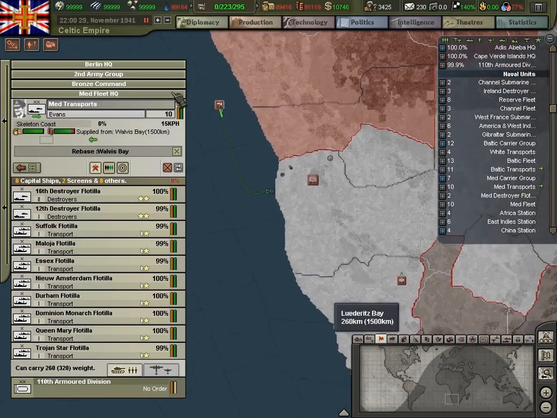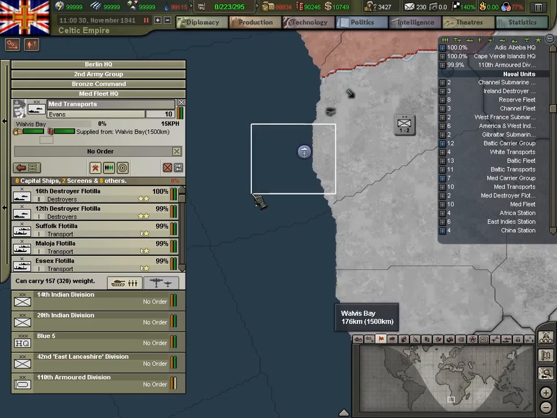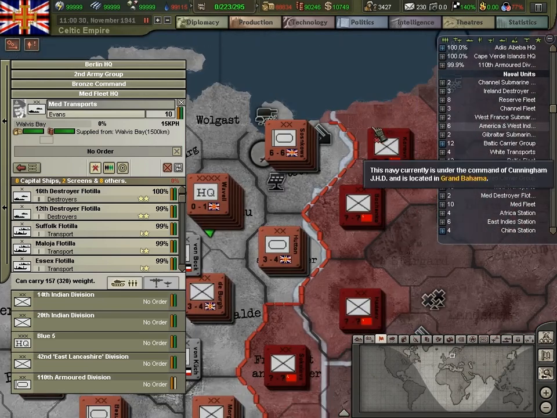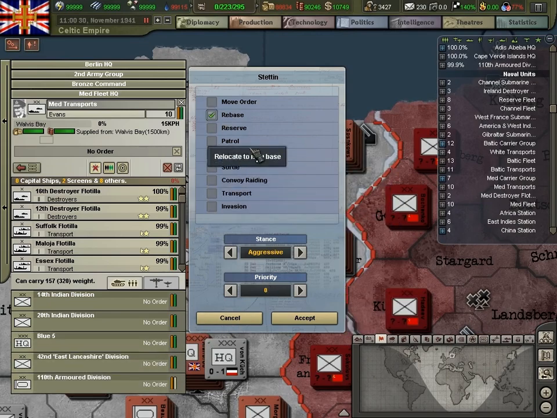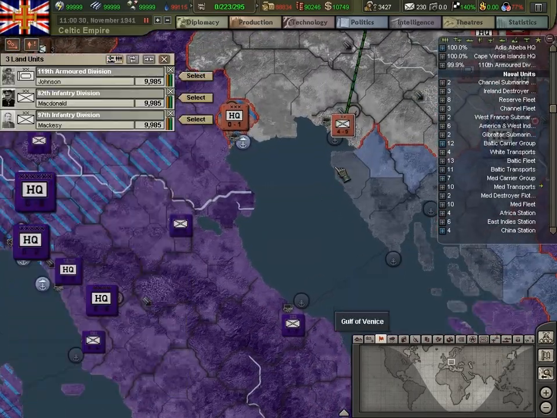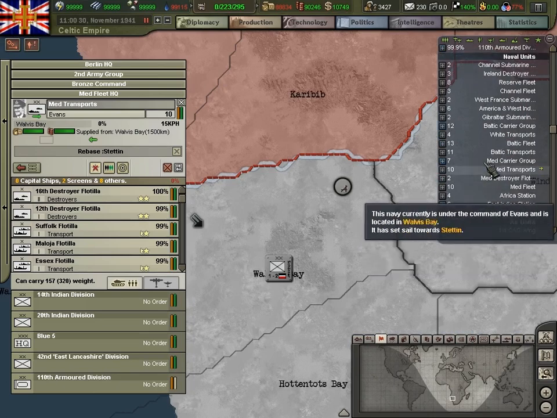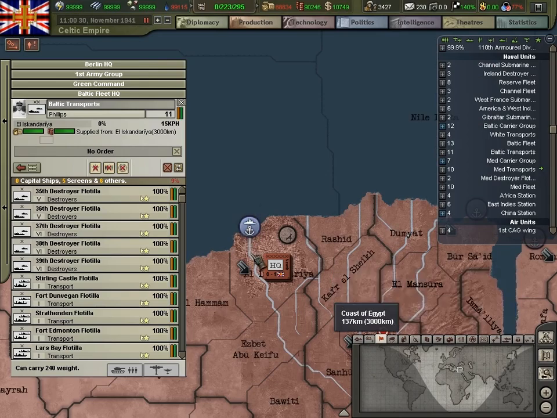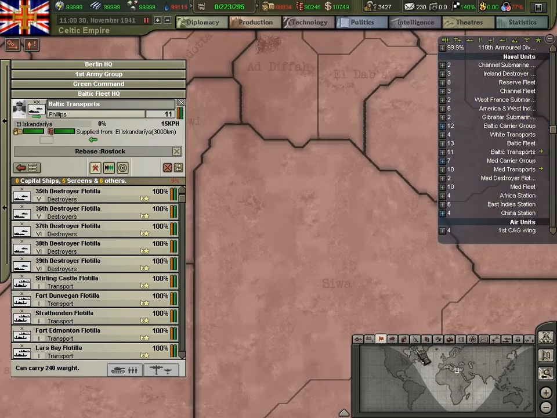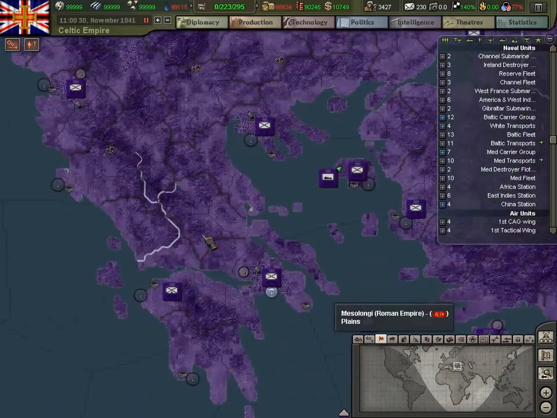And you're almost here. On the boat. Go up here. Can I? Yeah, I can do it here. Nah, yeah. Because I want to put them in Wolgast. You guys move up to here. You guys move back up to Rostock. You guys move to Cairo. Pretty good. Yep,